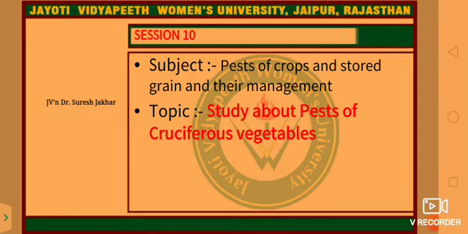Then another important pest is the painted bug. Scientific name Bagrada cruciferarum, family Pentatomidae, order Hemiptera. The adult is yellow with black marking. Nymphs are reddish in color. It is a serious pest of cruciferous crops and widely distributed. Both nymph and adult suck sap from the leaves, shoots, and pods, resulting in wilting and loss of vigor of the plants. It feeds on cabbage, cauliflower, radish, etc. Then foliar spray with malathion or dimethoate or methyl demeton, each at 2 ml per liter, is effective.